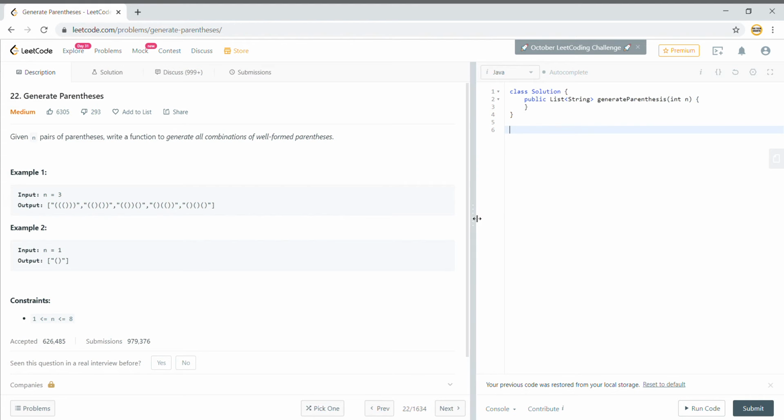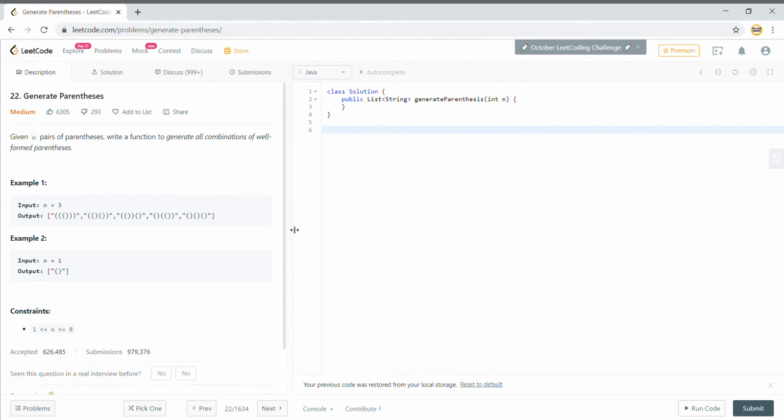So how can we approach this problem? Whenever you get a problem where you have to generate a set of something, or generate combinations, these kinds of problems are efficiently solved using backtracking, and we are going to use that in this problem also. There are a bunch of problems on LeetCode where you have to get combinations of numbers, characters or strings, and all of those can be solved using this technique. So let us jump into the solution, and I'll guide you through the approach.